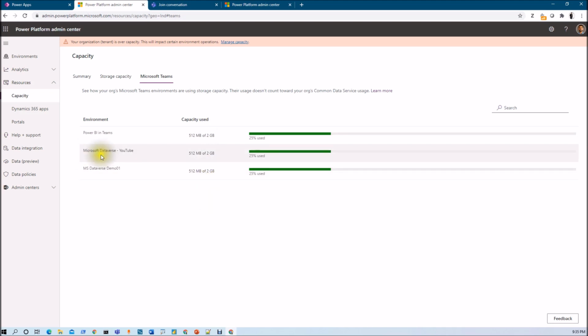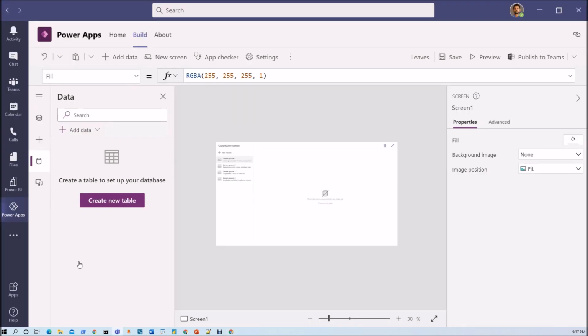Let's say for the Microsoft Dataverse YouTube team it provided 2 gigs of additional capacity, and from this additional capacity 25% is being used at this moment. This additional capacity is something we are getting without any additional licenses. Isn't that amazing? So I hope now you have a clear idea of where the app that we create inside Teams is being stored.